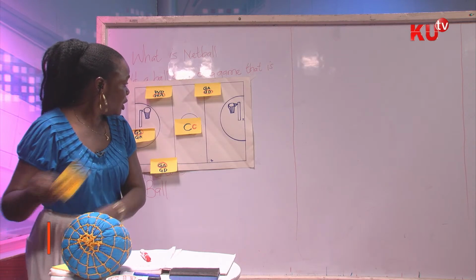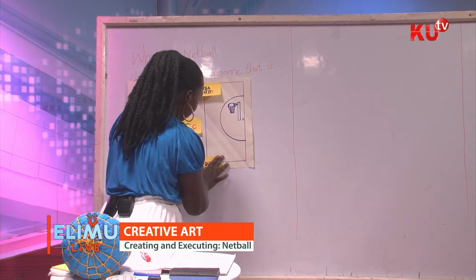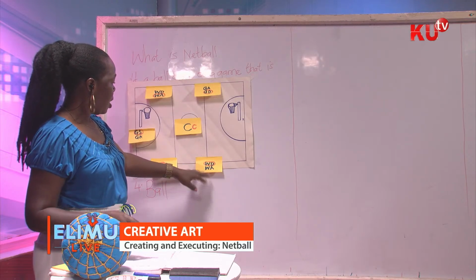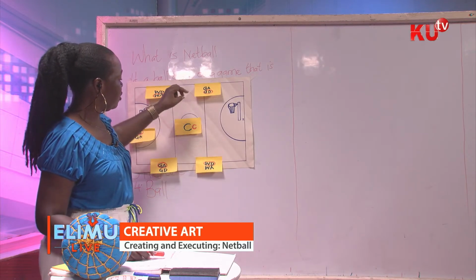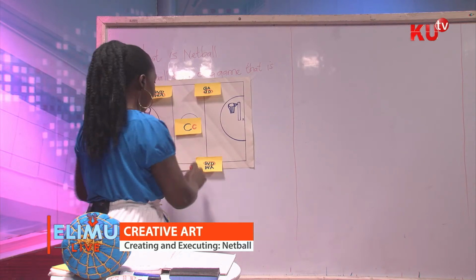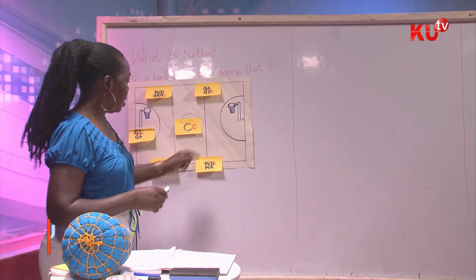Then we go to number 6. Number 6, we have the wing defender and the wing attacker. The wing attacker this side receives the ball from the center or from anywhere else and then passes it to the goal shooter. And then the